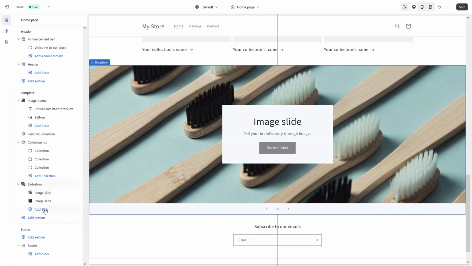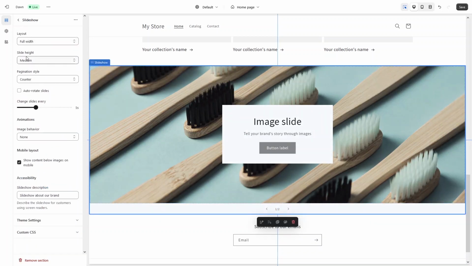So if you want to add one more slide here, you can simply add it from here. Alright, so I will just simply remove this. Click here and delete the block. And now I will simply go into the settings of the slideshow here. So we have the layout, we have the slide height, we have the pagination counter, auto rotate slides here, and